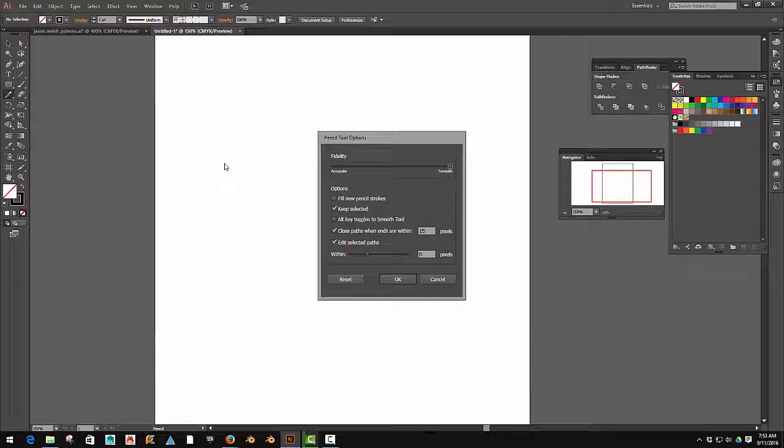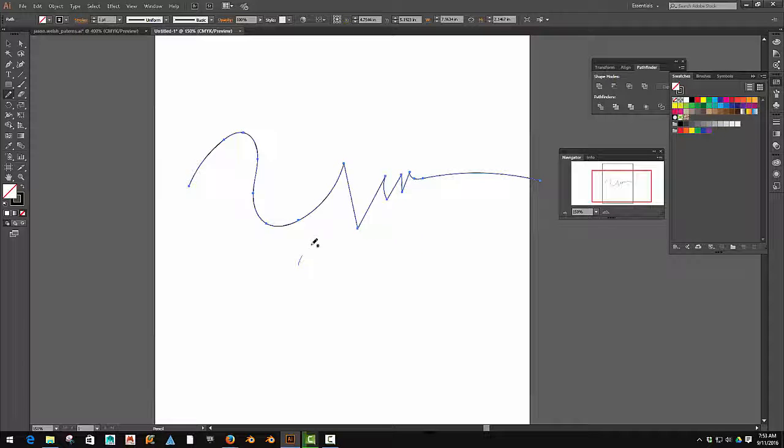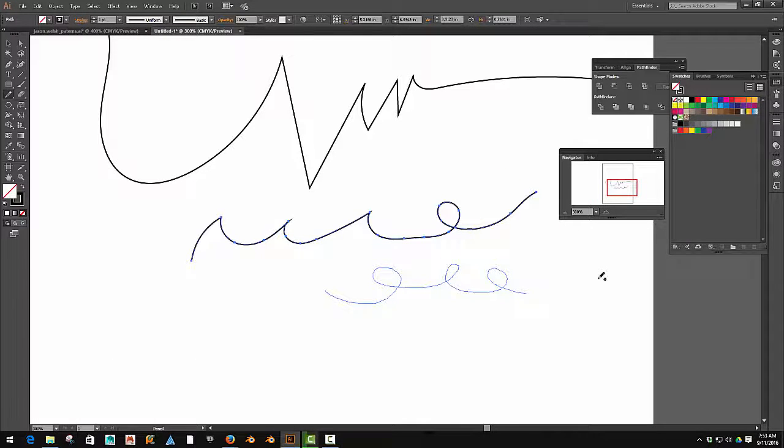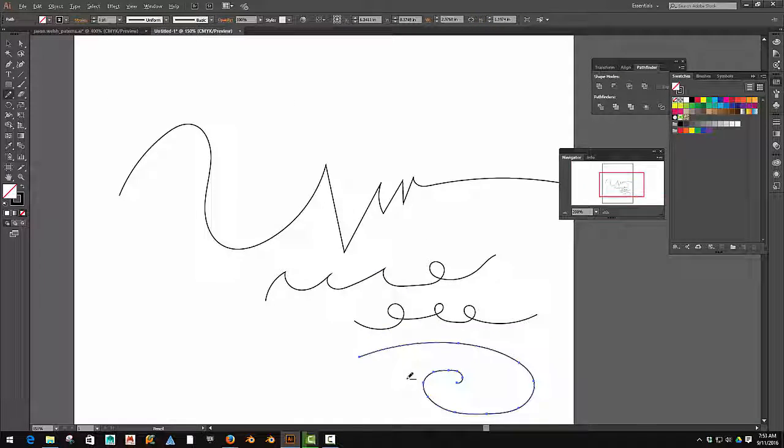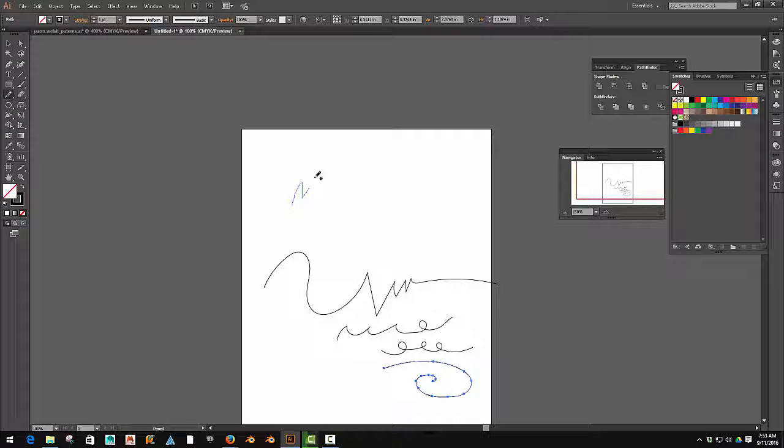Under the pencil tool, if you double click on it, it has this fidelity and it goes from accurate to smooth. People that have a lot of caffeine in their system, I would say smooth, and if not, accurate. I'll show you what this does. I'll put it on smooth and I'll try to make a really jacked up line. You notice that it smooths it out for you. And if you put it on accurate, if I did that same thing,